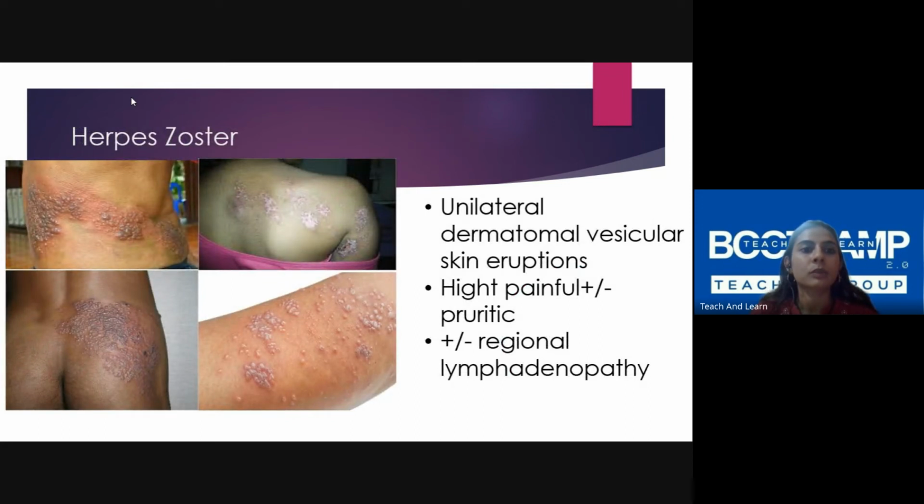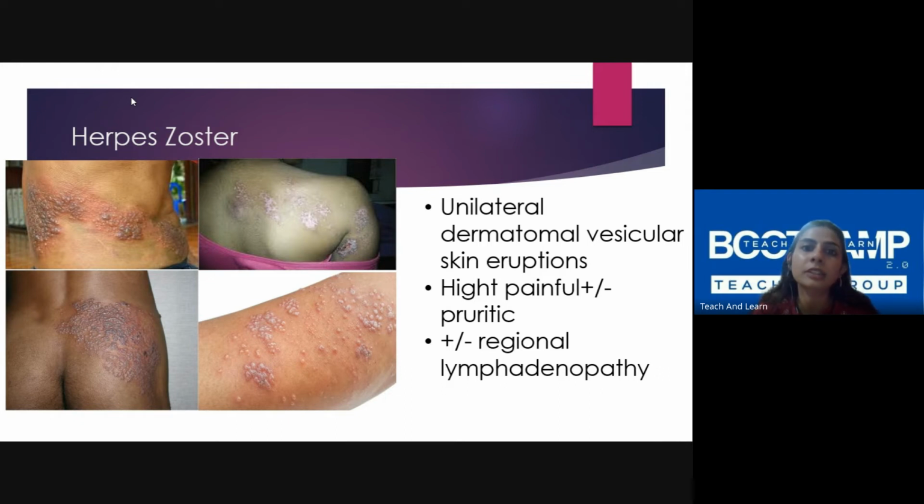This is one thing which is very easy for you to diagnose if you examine the patient. But if the patient comes telling you, I have chest pain or hand pain, shoulder pain, and you don't examine, you think it is a muscle pain or something, and just give them an NSAID and leave. They might not give you a history of the vesicle, or they must have forgotten, or they don't want to show. You have to ask them, is there any lesion there? You have to make sure you examine, otherwise you will miss this.